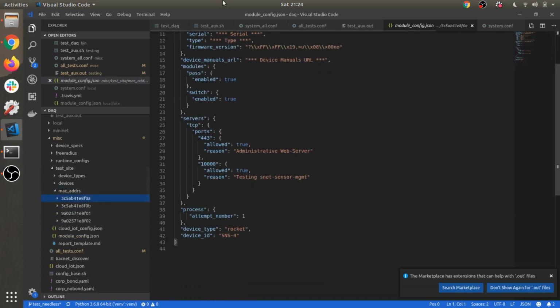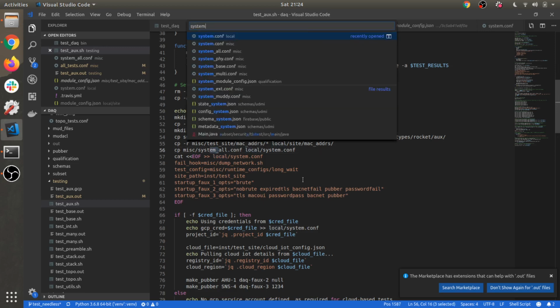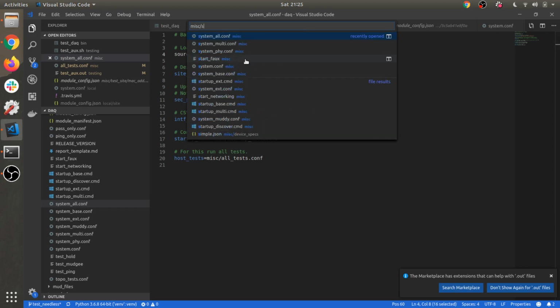Probably somewhere, but let's have a little look. Is there a base conf somewhere? Probably should be. Let's have a look in system all again. Base configuration, source, misc, system.conf,